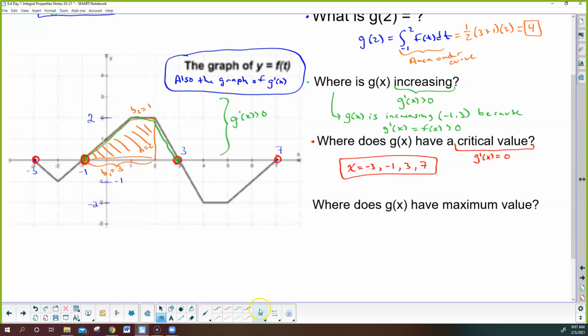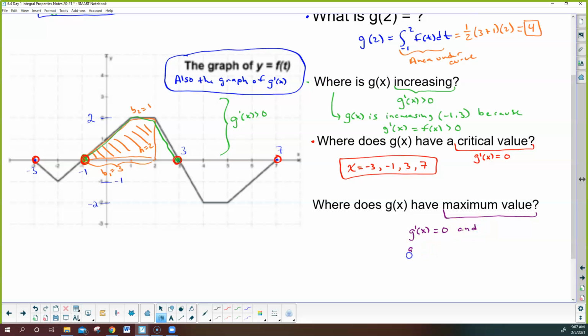All right, and then the last piece. Where does G have a maximum value? So we've got to think, what do we know about maximum values? Well, G prime of X has to equal 0. Notice we already know those, so we know one of my answers here, or maybe more, is going to come from this list. It's the critical values. So maximums occur at critical values,